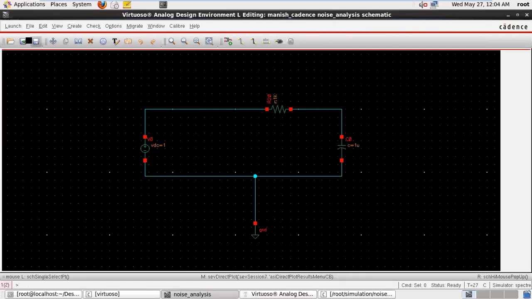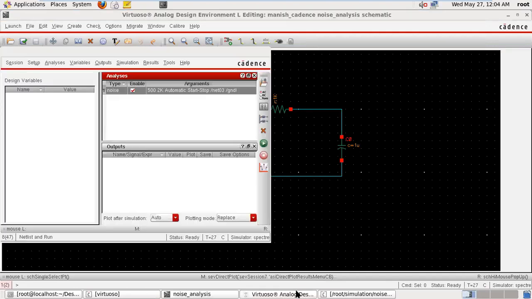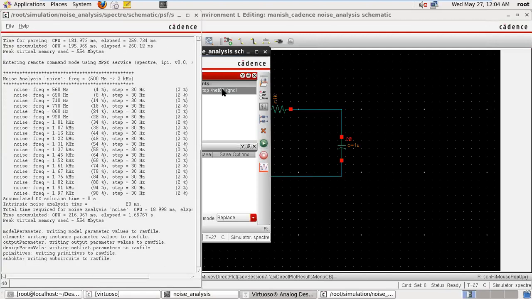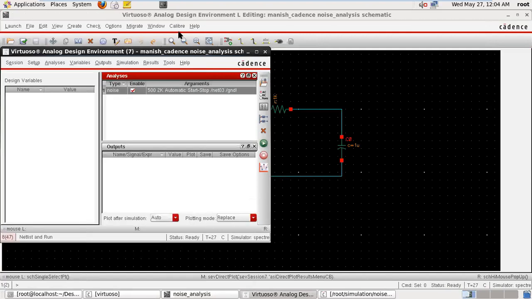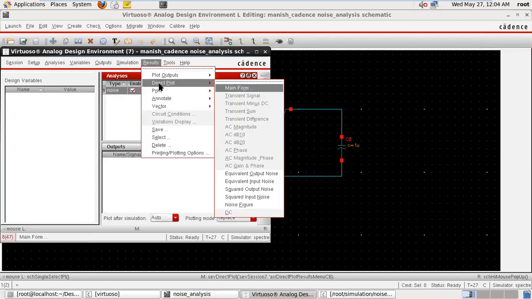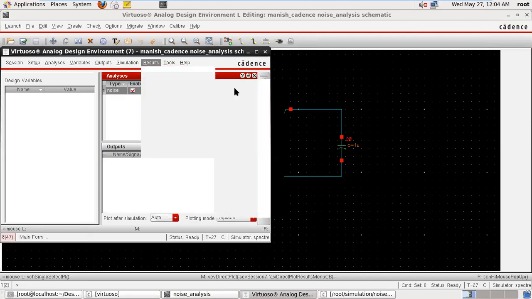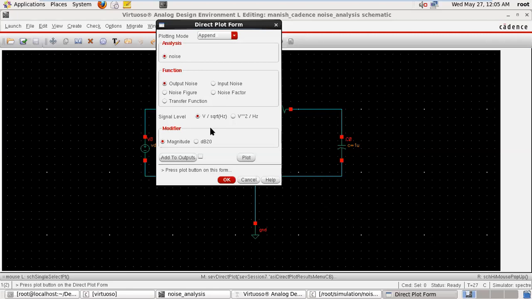Okay, save, check and save again, and run the simulation again. See result, direct plot, main form, and include into our ADL window at output plot first.